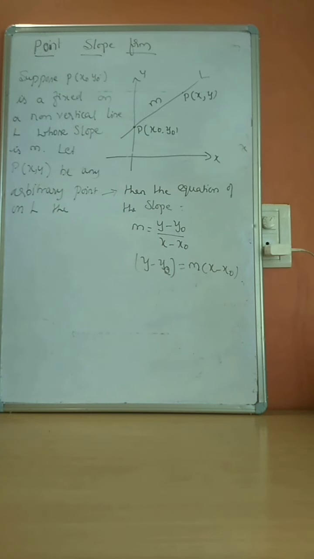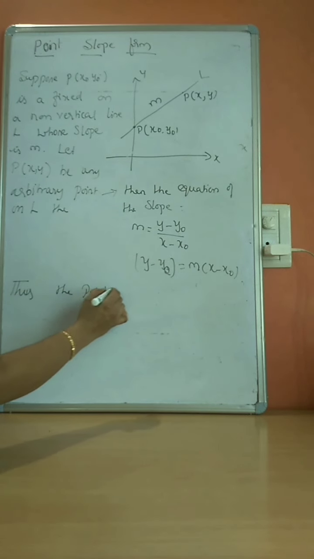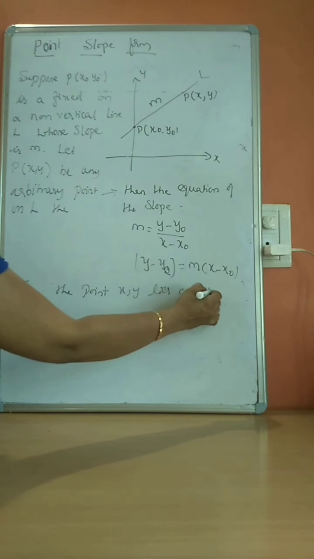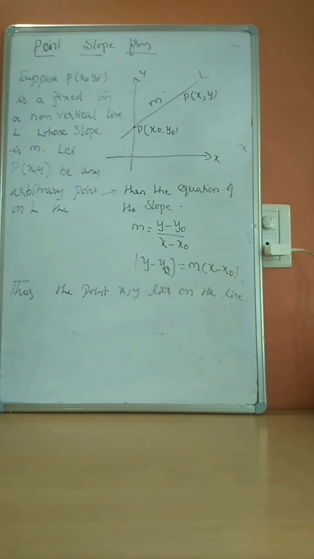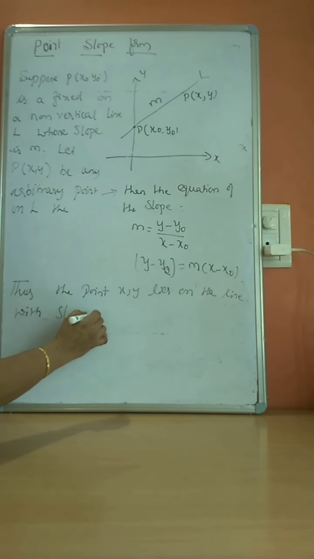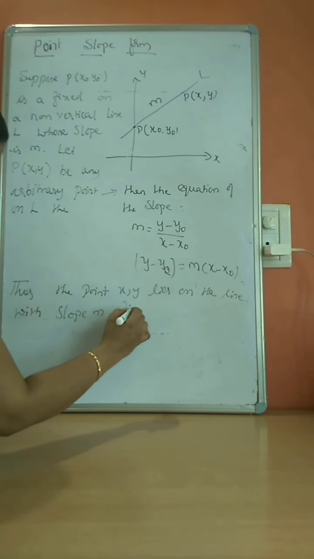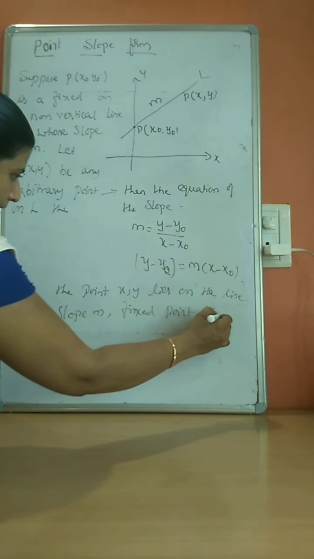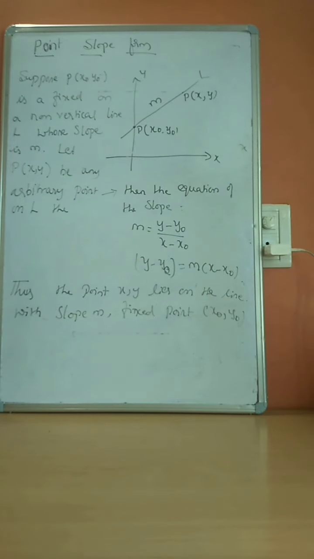Thus, we can write the sentence, thus the point x, y lies on the line with slope m and fixed point x naught, y naught